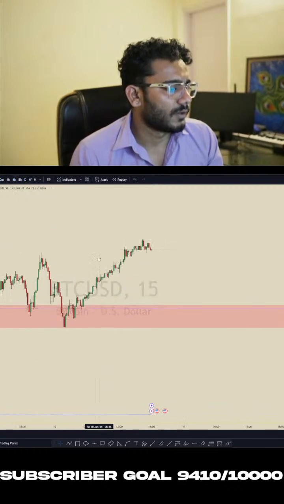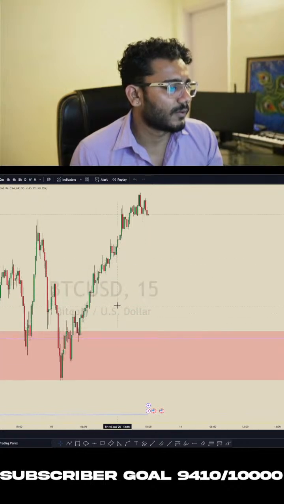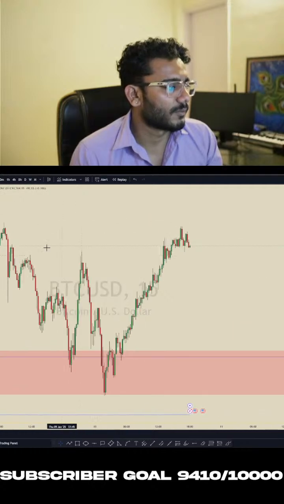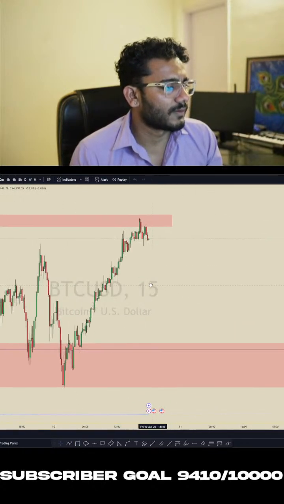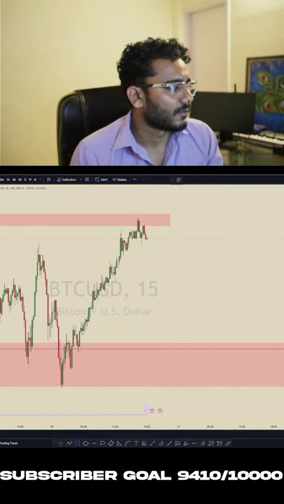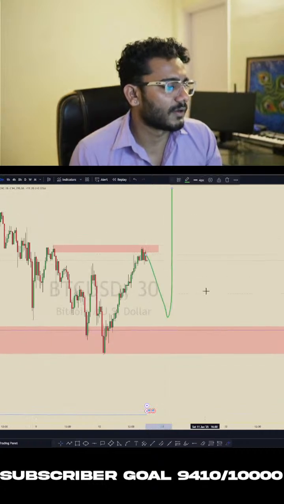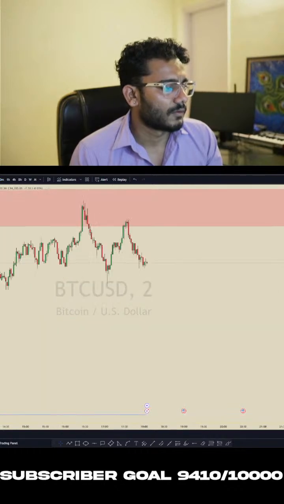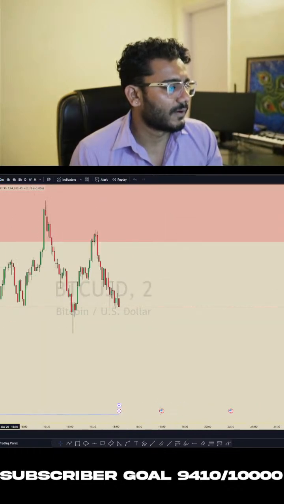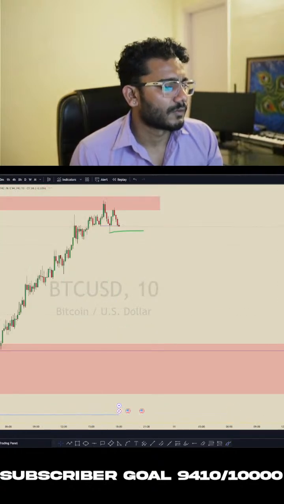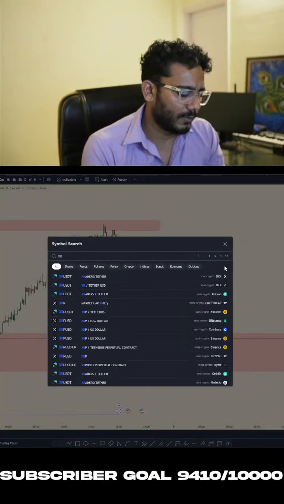Let's see on a lower time frame. We can see price has created liquidity here, so it can sweep and then again continue the upside. There's an order block over here, so price can give us a change of pattern. So you can look for sell side on a lower time frame, but on a higher time frame I think price can give us a pullback and then continue the upside. Look for sell side trades right now, as price has broken this low, and if this breaks then price will probably continue to the downside. Let's look at XRP USDT.